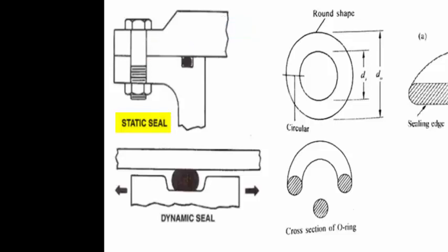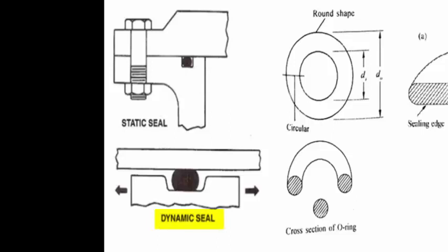Now, if you are not using the seal over here, then whatever hydraulic fluid is here will pass through the gaps between the two metallic surfaces, and it will simply escape into the atmosphere. So in order to prevent that, you are using a seal over here. That seal is going to prevent the movement of the oil into the atmosphere. So this is a positive type of seal, because we don't want any oil to escape from the inside of the cylinder to the outside of the cylinder. It is called a static seal because the two components are not having any relative motion, because you are using a bolt and nut and fastening them together. So that will be a case of the static type of seal.